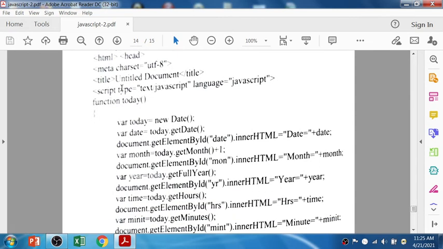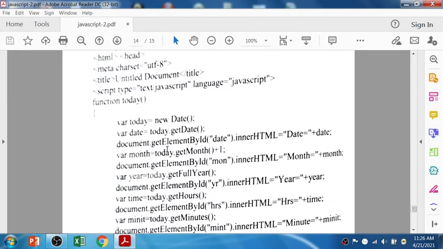So this is the program. In the head tag there is a script and a function called today. So variable today fetches the new Date, and variable date fetches today dot getDate, because in a date there will be a date, month and year. Let's say the system date is 4/21/2021, right? So this is the date format which is stored in the today variable. But from the today variable you want to get only the date, so 21 is the date, and that will be stored into the date variable.